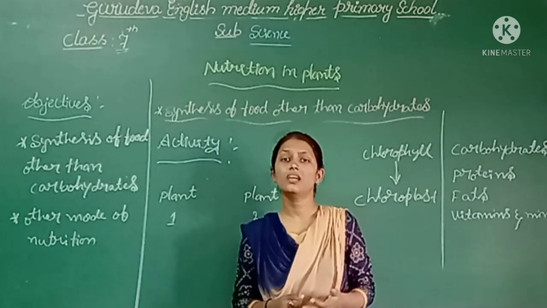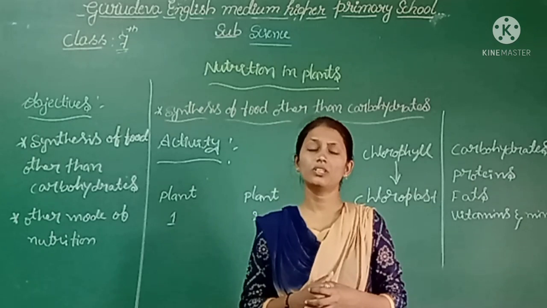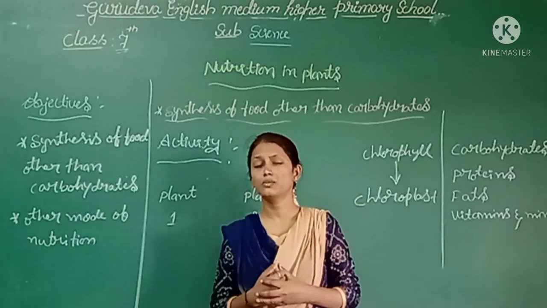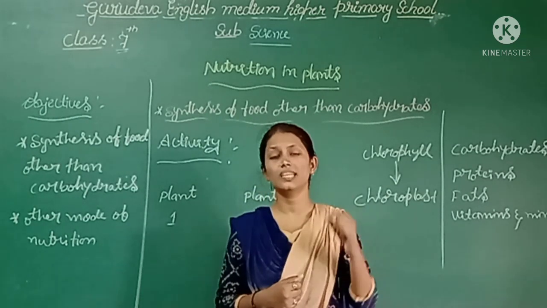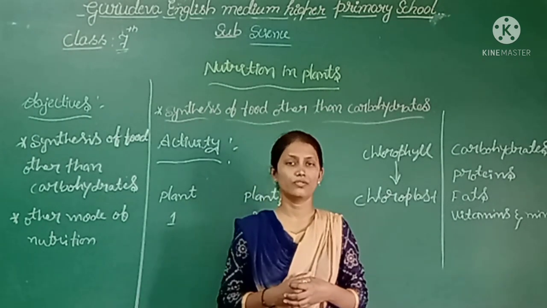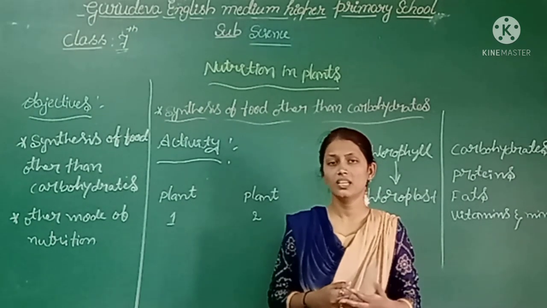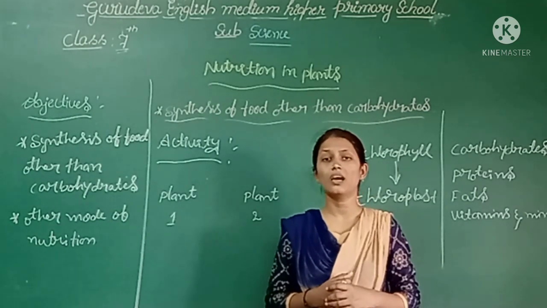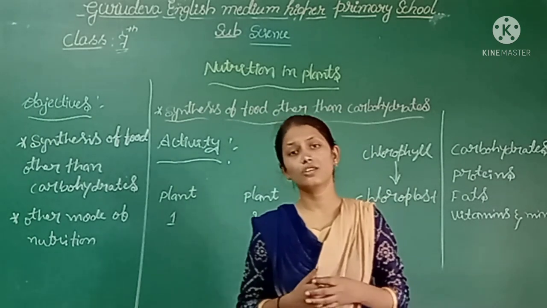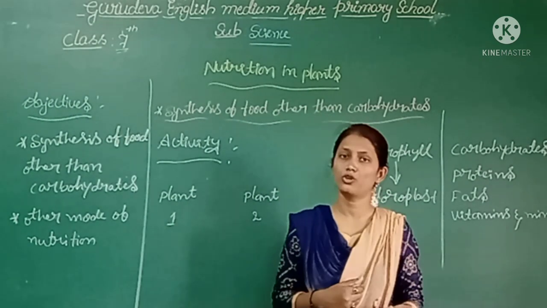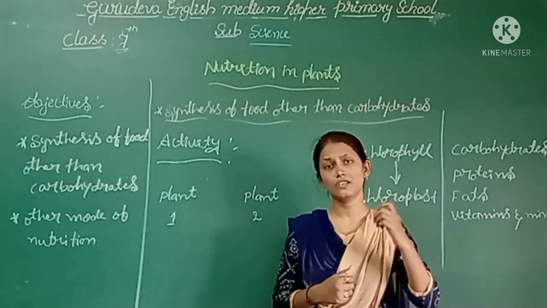Yes, now let us discuss the next concept in this lesson. Before we start, as we know, food is prepared in a leaf. The presence of starch in the leaf indicates the presence of food. Here the photosynthesis process takes place. Starch is also called a carbohydrate, which means starch is one of the carbohydrates. The presence of starch in the leaf indicates the occurrence of the photosynthesis process. Then how can you test the presence of starch in a leaf?